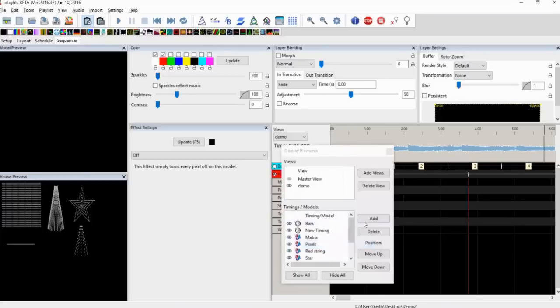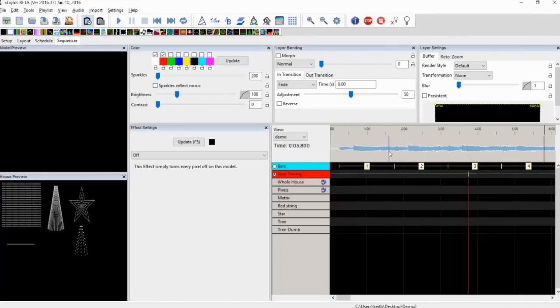You can go back and edit display elements, and you can add things or delete things or change the order of them. The order can be important. Generally speaking, it's a good idea, I think I've got this right, to put your broadest things near the top of your model. And the reason for that is because of the rendering order. If you want to do something special on one element, but you want to do something across the rest of the house, putting your whole house at the top means that when you drop something,